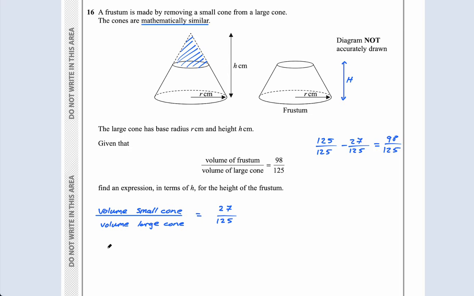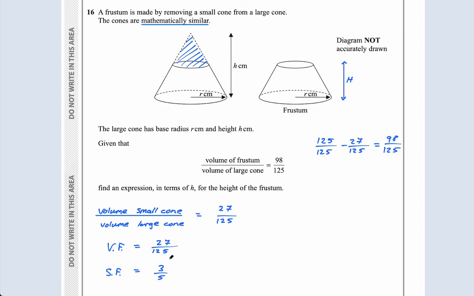Then that means my volume factor. So I talk a lot about, guys, scale factor, area factor, volume factor. The volume factor is, well, it's this ratio. It's the ratio of either the large cone over the small cone or the small cone over the large cone. And the volume factor is 27 over 125. And if the volume factor is this, the scale factor is the cube root of this, because to get the volume factor, you cube the scale factor. So to get the scale factor from the volume factor, you cube root it. What's the cube root of this? Do it on your calculator if you want, guys, but it's